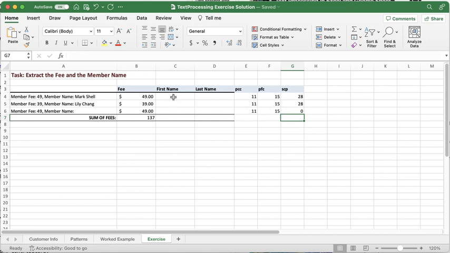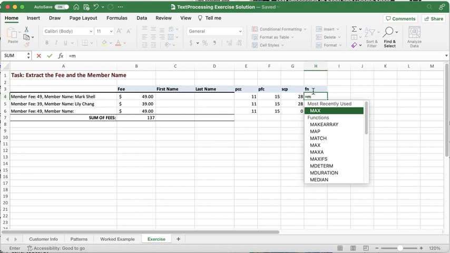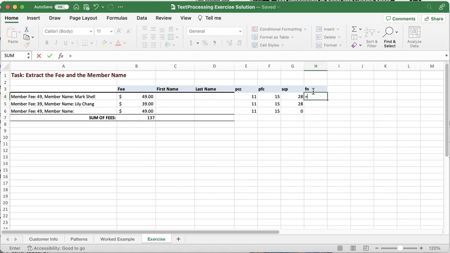All right, so let's see if we can extract at least the full name. The full name we can grab pretty easily. There's a couple of ways we can do this. We could use MID, and we could start at the position of the second colon plus 2, because we're going to jump over the colon and the space. Sorry, I almost made the same mistake again. It's the string from which I want to extract the characters, the starting number,